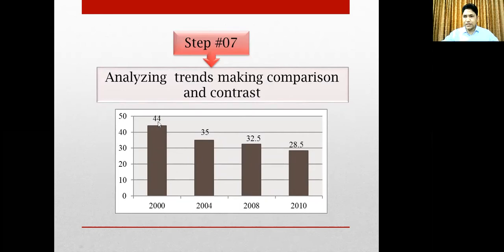So you see, there are 4 bars, and you have to make contrast. You have to differentiate between these bars. You can make a contrast between 2000 and 2004, or 2004 and 2008, or 2008 and 2010. You can compare any two. Okay,